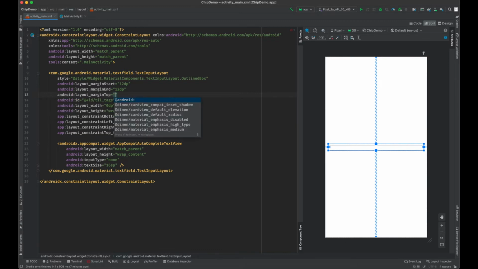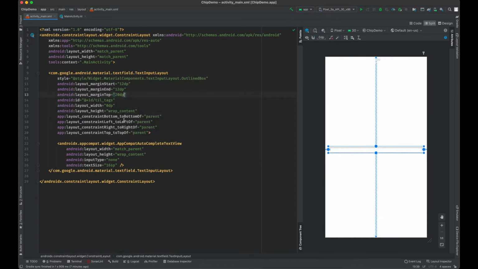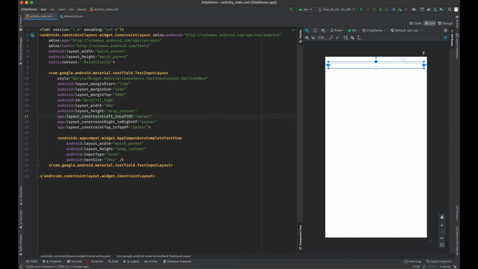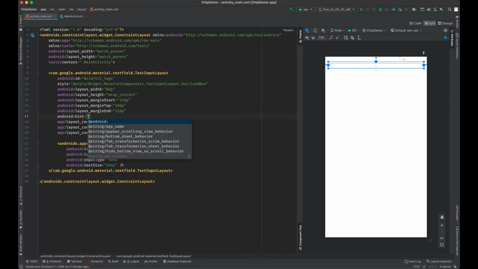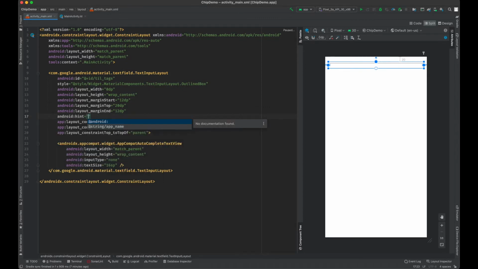To move it to top we have to remove the bottom constraint and it will move to top. Let's give it a hint, tags.